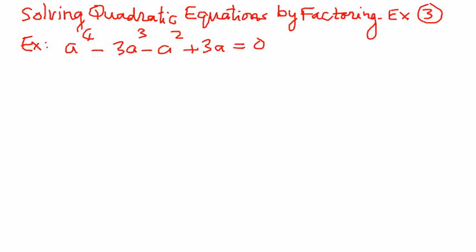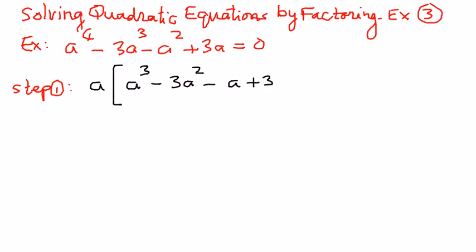So the way to do it is as follows. Step number 1. Here, we look at the whole left hand side of the equation and ask, is there anything common? What we see here is that a is common. If we pull out a as common, we are left with a to the power of 3 inside the brackets minus 3a to the power of 2 minus a plus 3